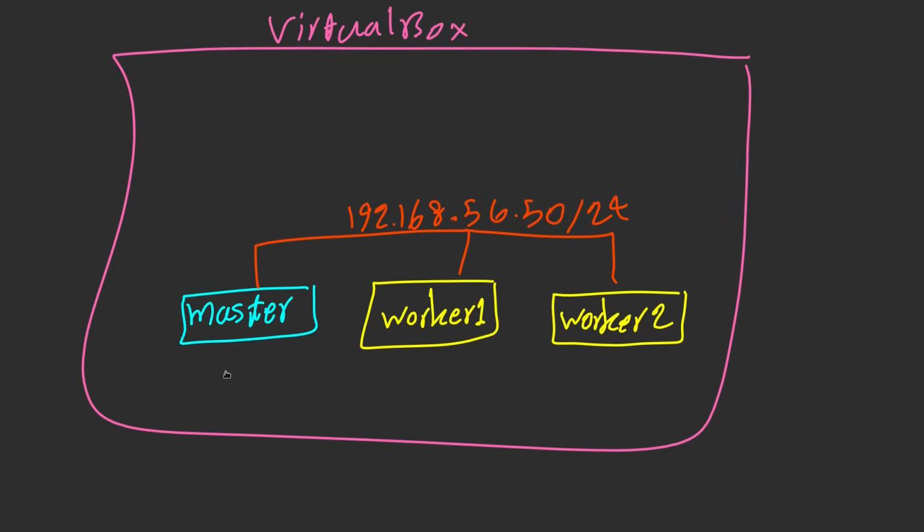My master node IP address is 50, worker node 51, worker 2 52. Also,